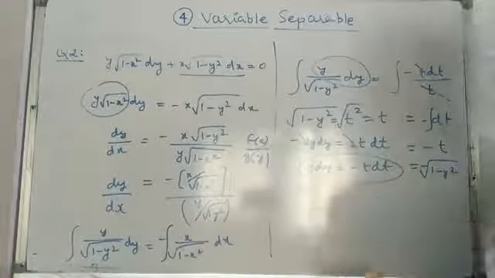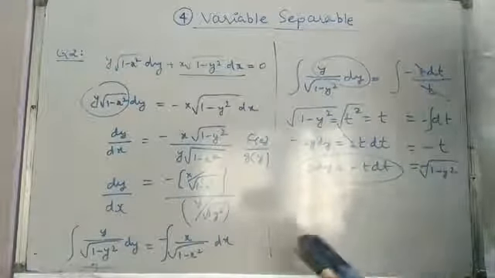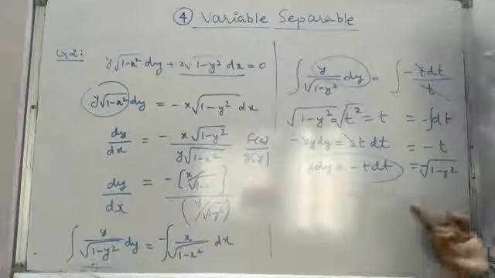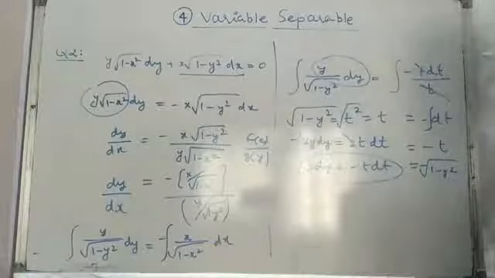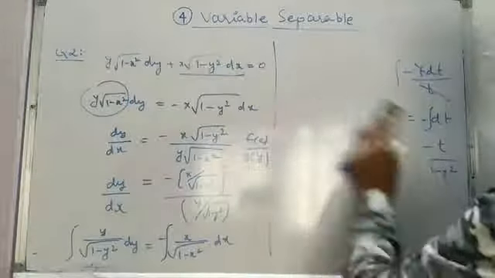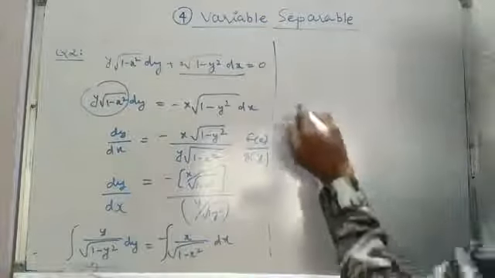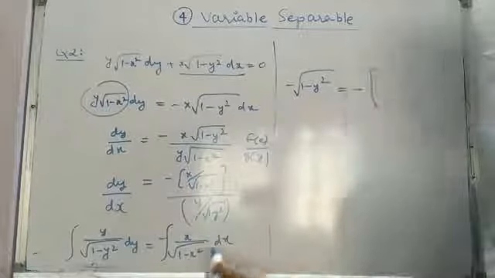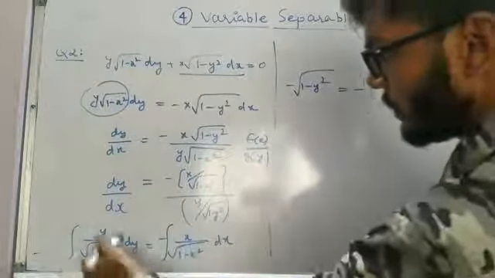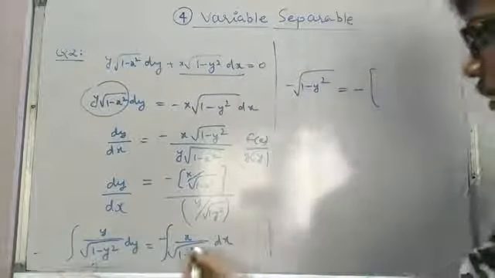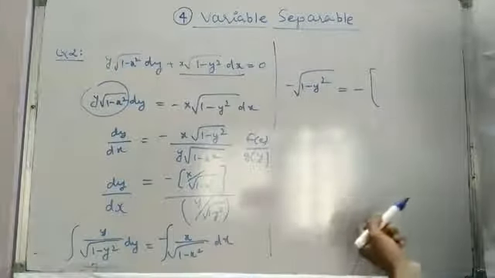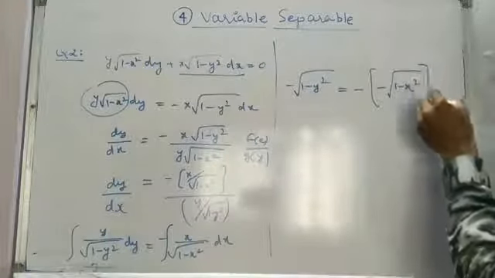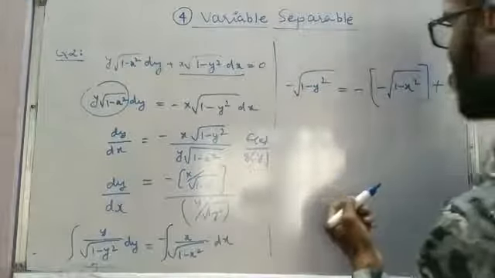So this is nothing but the substitution method, using which we solve complex problems. So the integration of y upon √(1 − y²) dy is going to be minus √(1 − y²). We make use of the substitution here. In the same way, on the right side, it is the same as y upon √(1 − y²), only the variable is different, x upon √(1 − x²). So instead of minus √(1 − y²), we'll write minus √(1 − x²), and plus the integration constant c will come.